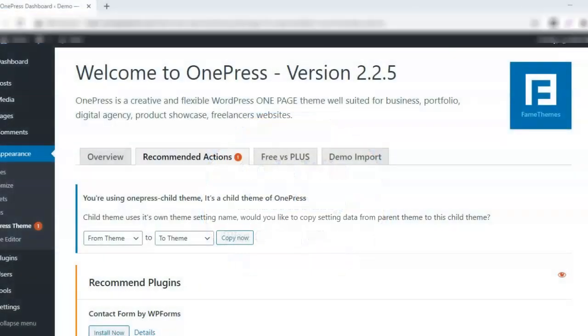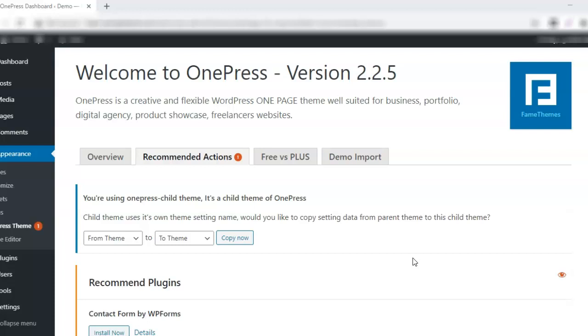Hello and welcome to this tutorial about WordPress. In this tutorial, we are going to look at customizing the theme. Now here we have OnePress with us that has been installed. In the previous tutorial, we had added some pages and posts using which we are going to customize the theme